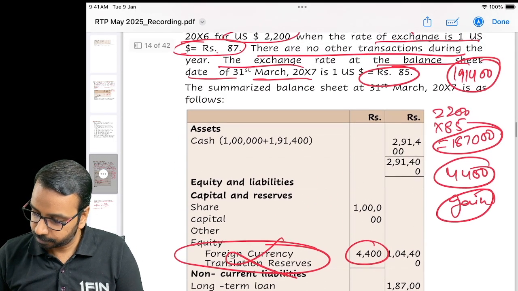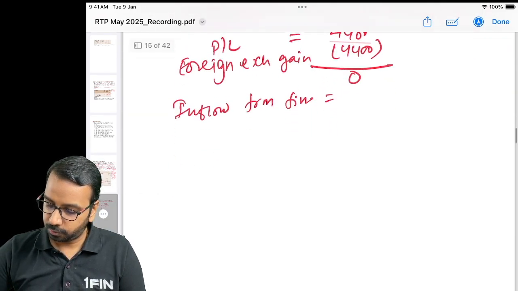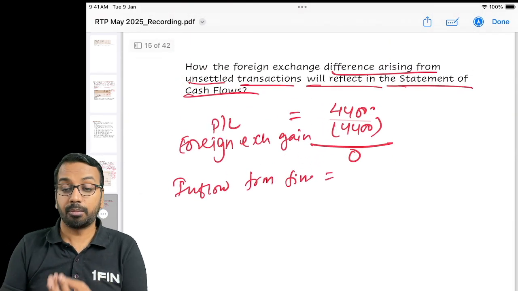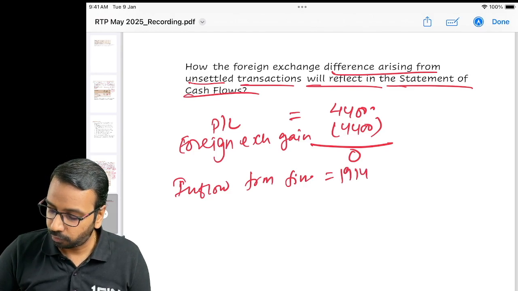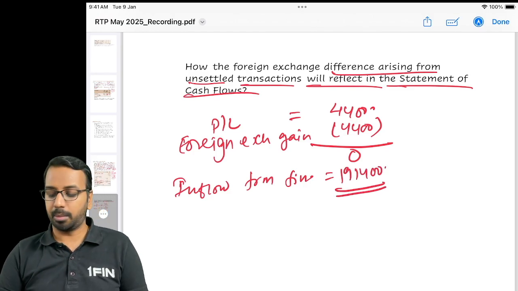We got 191400. So proceeds from, because we have taken a loan, 191400. This is one thing that will come up. Okay, then